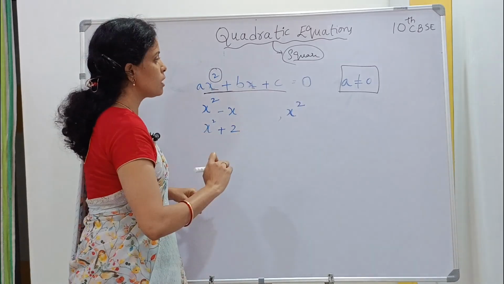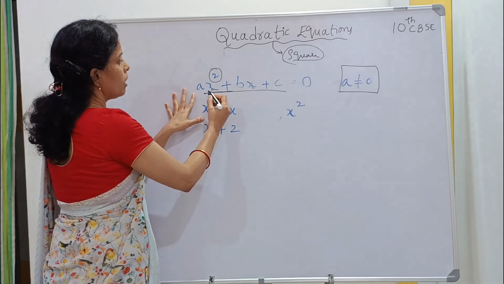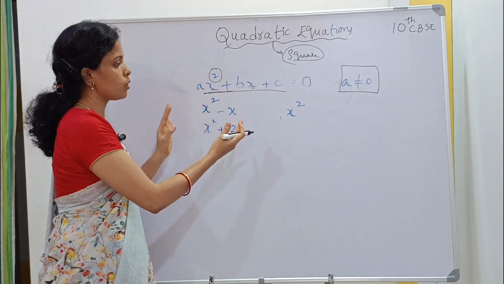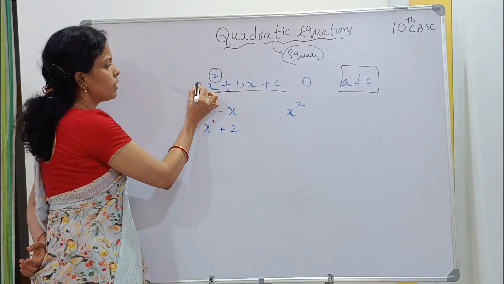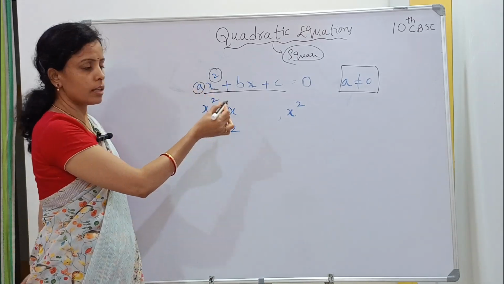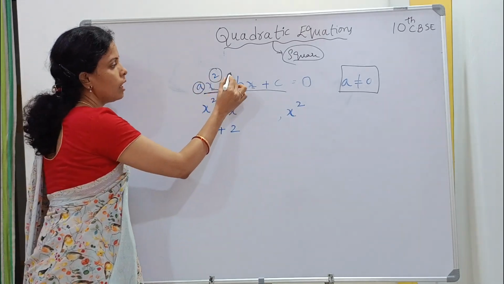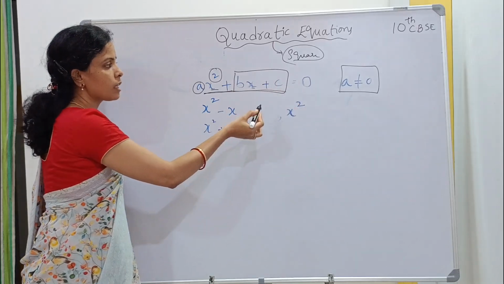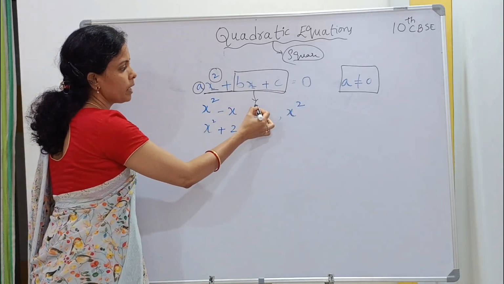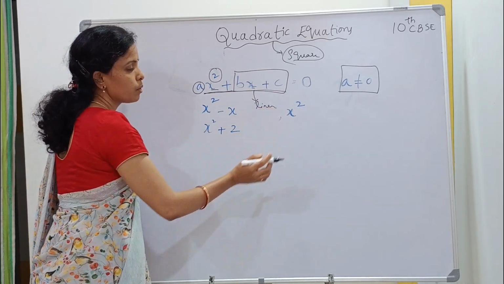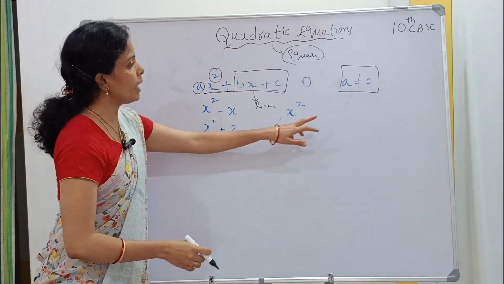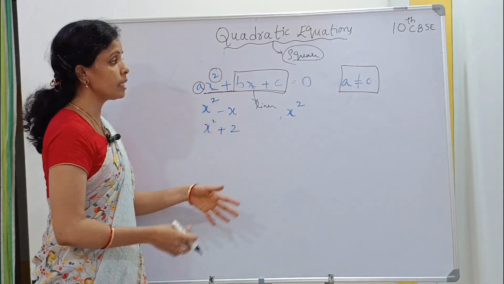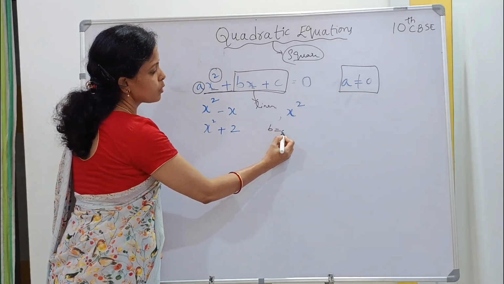So a is not equal to 0 means, what happens if a equals 0? Let's see that. If a equals 0, the x square term itself will be 0. Then it will be just the bx plus c form. So it's forming a linear equation, which is not true according to the quadratic equation's definition. Hence, a should not be equal to 0, but b can be equal to 0 and c